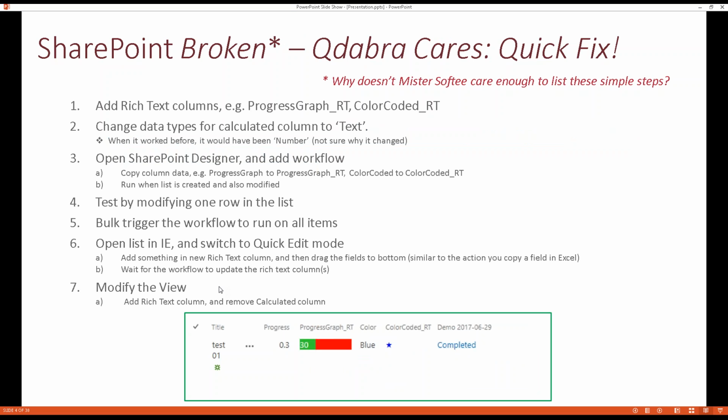We have this 7-step technique to fix it. What you do is you add a column, a rich text column, and then you add a workflow to copy the values from the old column to the new column. Now you have to change the data type also. Those old calculated columns, which got corrupted, also got their data types changed, it looks like, from number to text. Most of those should have been number, and now they're text. That's kind of an open question. We're not sure why that happened, but you do need to copy the data from your old columns to the new columns, and then it's very easy to